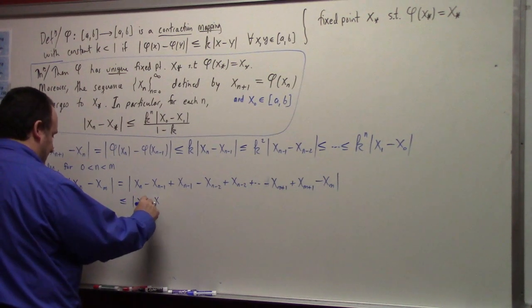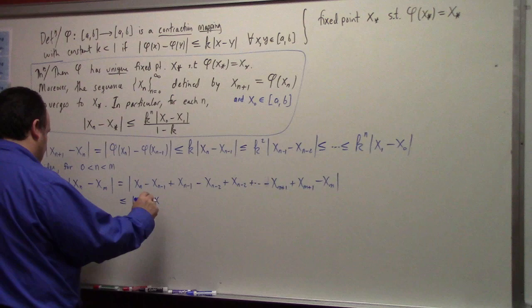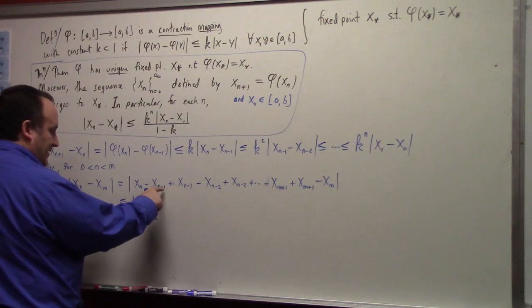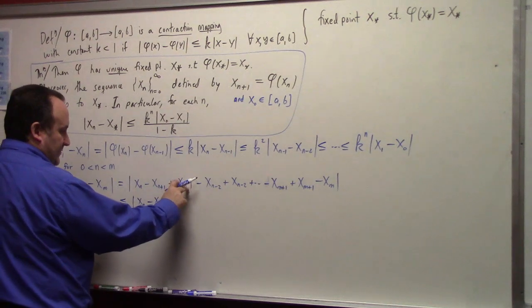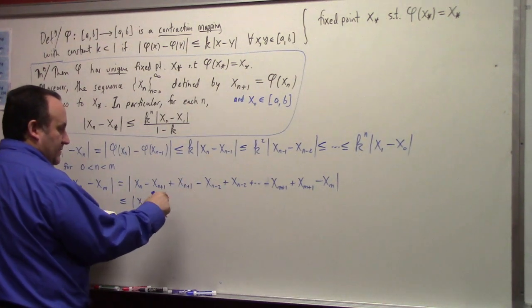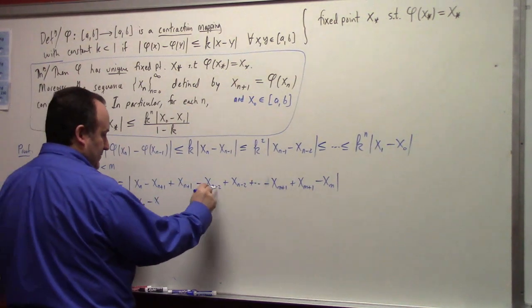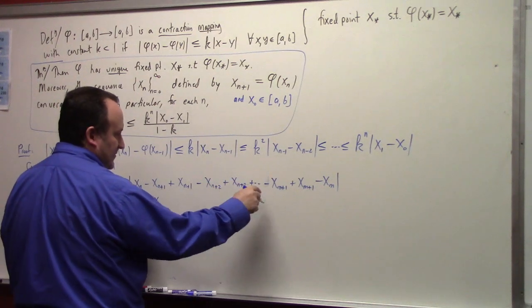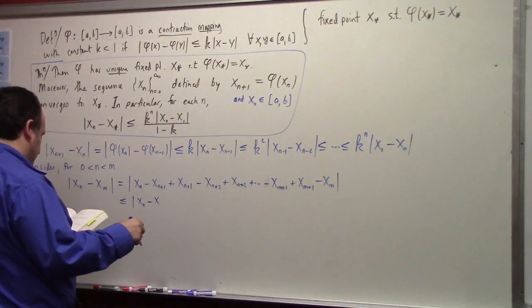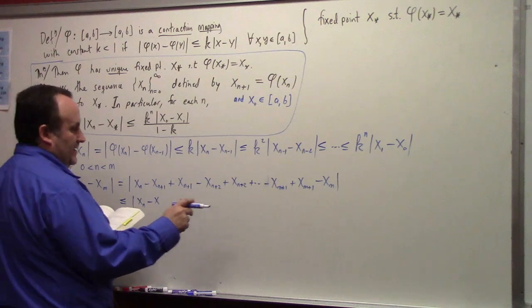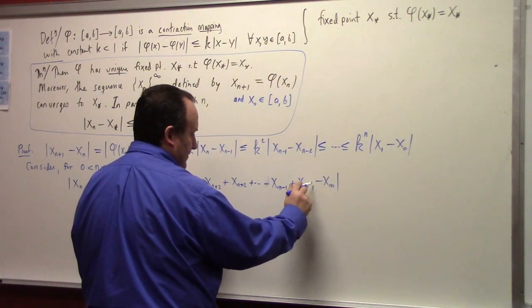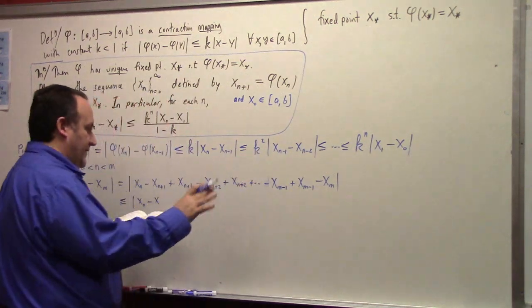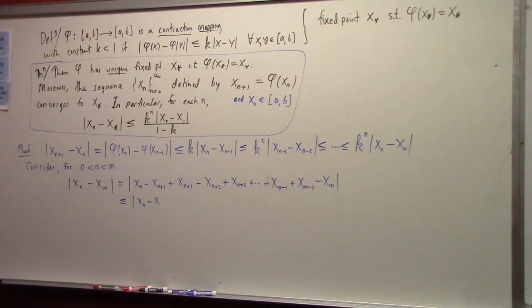xn minus x, that was supposed to be n plus 1, my bad. I should have done n plus 1, not n minus 1. And that should have been n plus 2. Eventually we get to, so I had it exactly backwards, m minus 1. I'm so sorry. There we go. My bad, because n is less than m, so I've got to work my way up